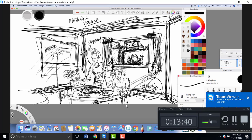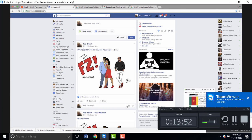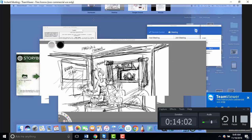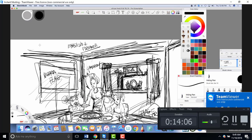I just sent you Senegal's flag, and maybe that could be on the roof where you just put English and French. Okay, that might be able to be on the roof. I don't want any blank space, and the whole flag doesn't have to be there, but just enough where people can say, okay, you guys thought about this, you took some time,